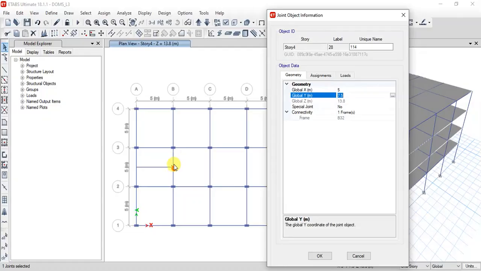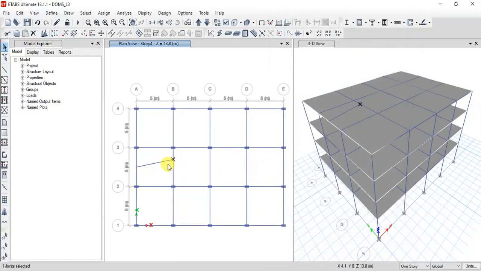So I need to move this by 1 meter from this position. I will change this global y distance. Instead of 7.5, we'll make it 8.5. Click OK. Once you click, you can see that the particular node has been moved from the midpoint upward by a distance of 1 meter.